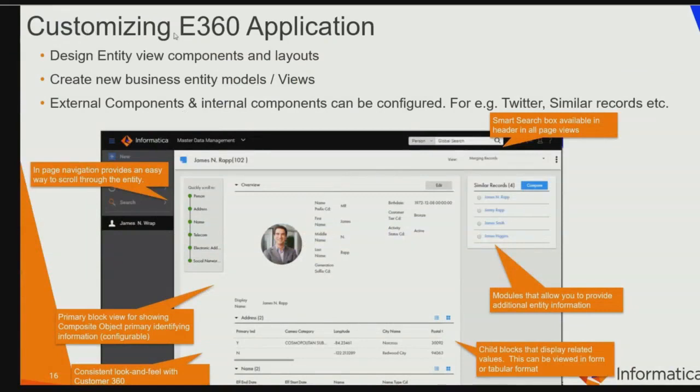So now, customizing an E360 application. This is one sample screen from an E360 application. Along with the basic information for that business entity for parent and child level, on the right side there is a configuration for similar record as a secondary component. You can add that. On the top, there is the search box, which is for the smart search. On the left side, the page navigation provides you an easy way to scroll to the entities from parent to child. And in 10.3, the E360 look is pretty much similar to